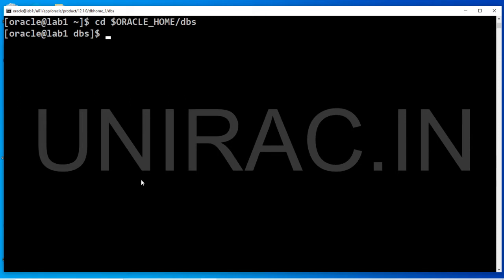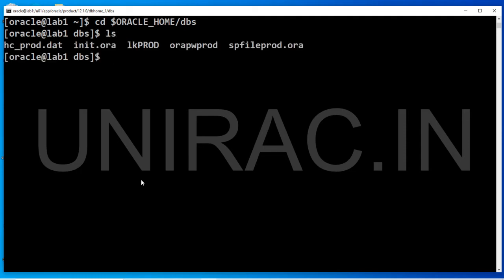Under the Oracle Home dbs location, we can find our parameter files. I can see only the spfile, spfileprod.ora. There is no test file, either init parameter file or spfile. So there is no pfile or spfile for a test database, a test instance with the SID test.